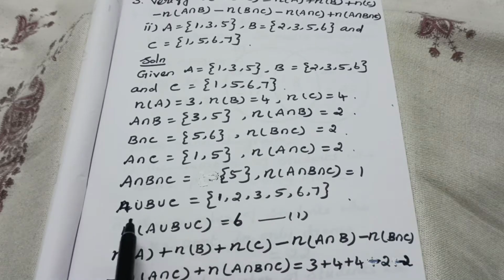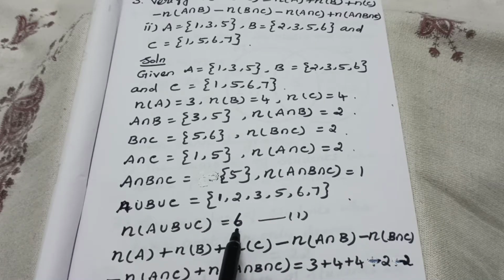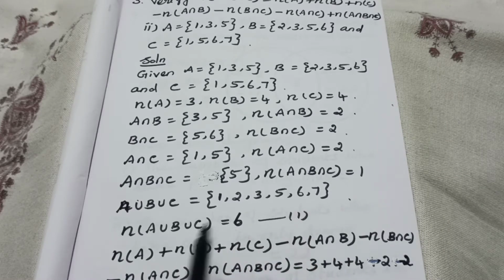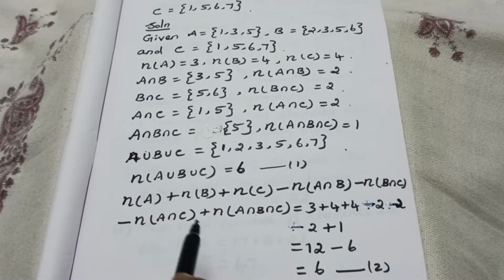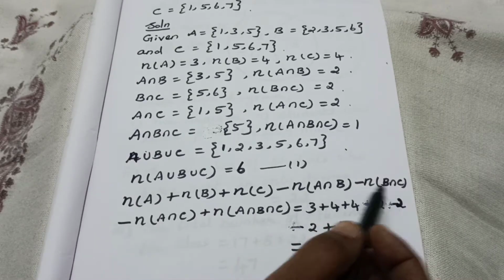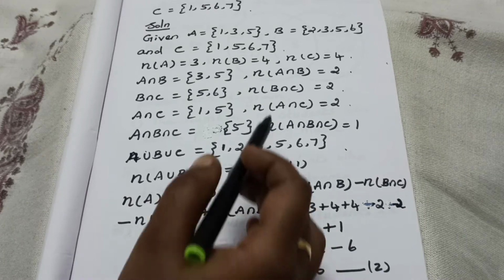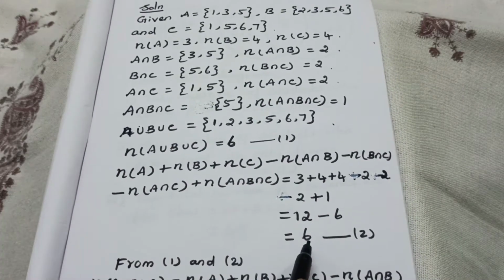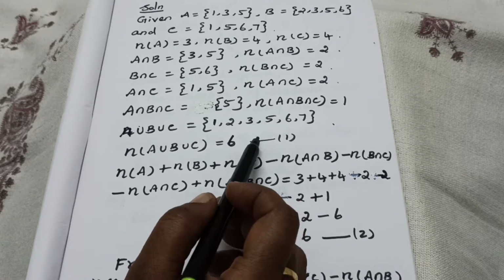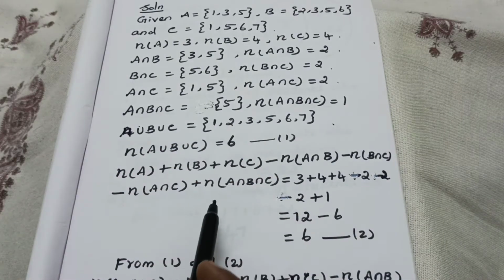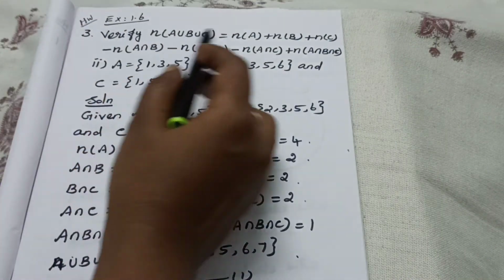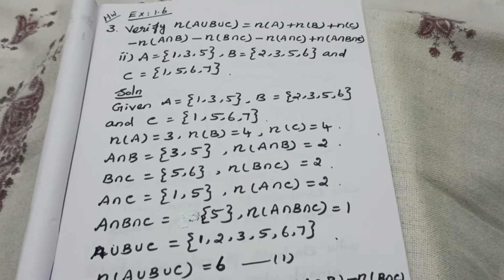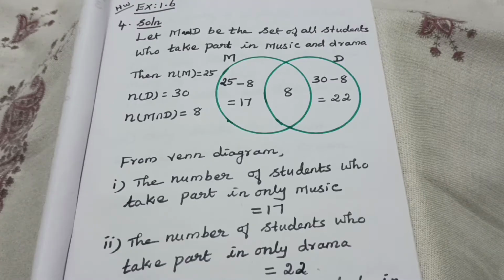Then afterwards, on the left hand side you got the answer 6, isn't it? Is it correct? Check your answers. Then like that, right hand side also. Right hand side fully you should write it, then substitute all values here. Here also you got 6. From 1 and 2, these two are equal. Left hand side is equal to right hand side. Hence verified. Did you get the answer?